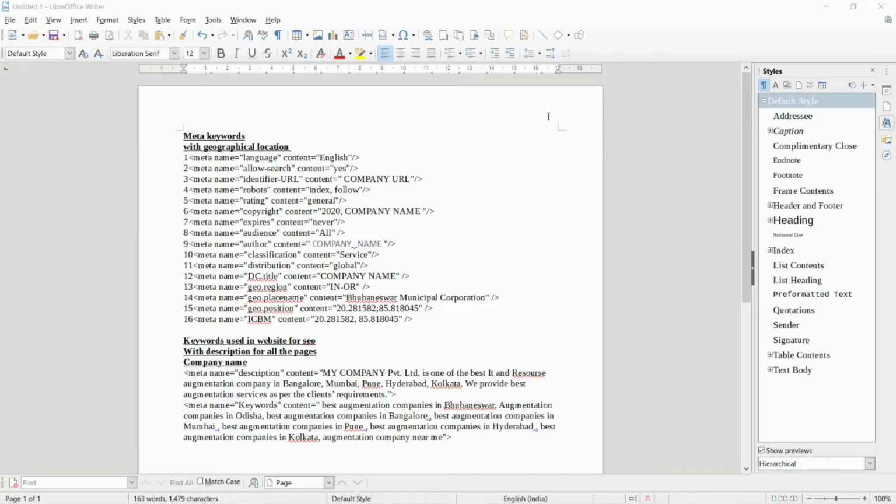Next, we will see a point-by-point description, and I will help you understand what the meta keywords are that are used in the home page in order to do search engine optimization. The first thing is your language, which is typically given as English in every website. The next is allowing the search for all web browsers, that is, you must give yes. And the next one is identify URL,